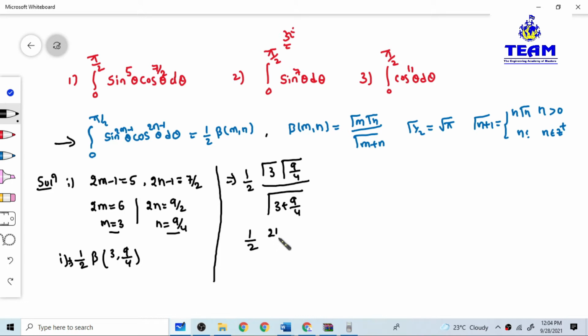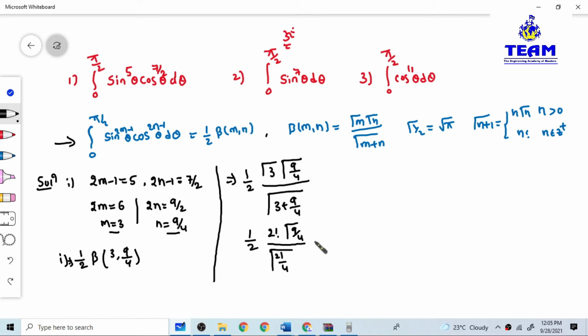2 factorial. Next, gamma of 9 by 4, I don't know. This is not like a gamma of 9 by 2 to simplify. Okay, keep it like that, because the denominator is containing the 9 by 4 term. Due to that only. Now, what is the LCM for this? 4 is the LCM. Now 4 3s are 12. 12 plus 9 is how much? 21. Okay, 21 by 4.